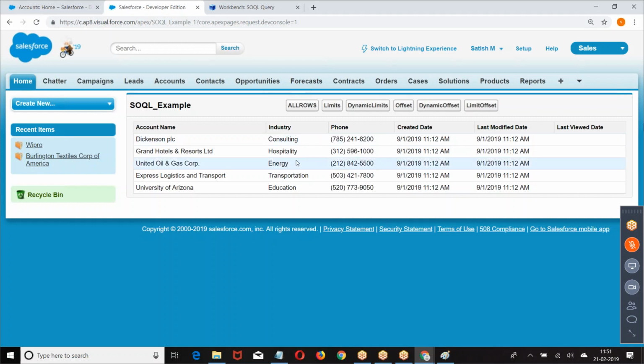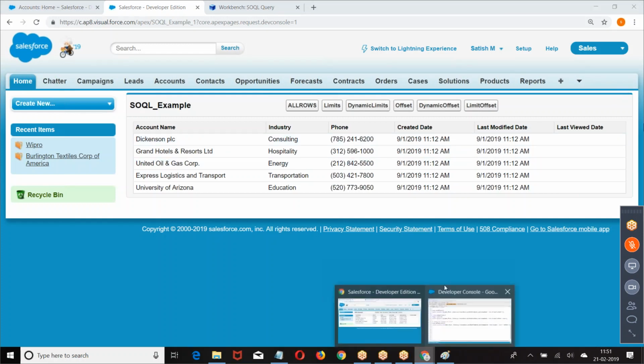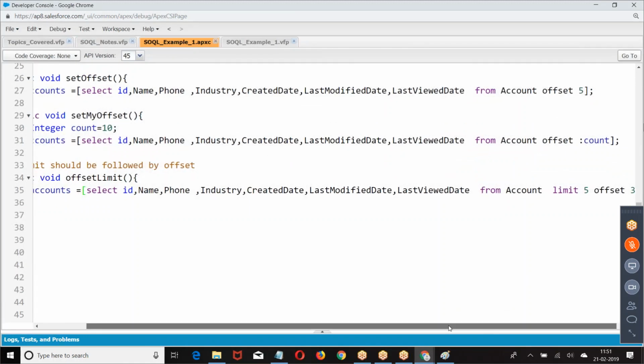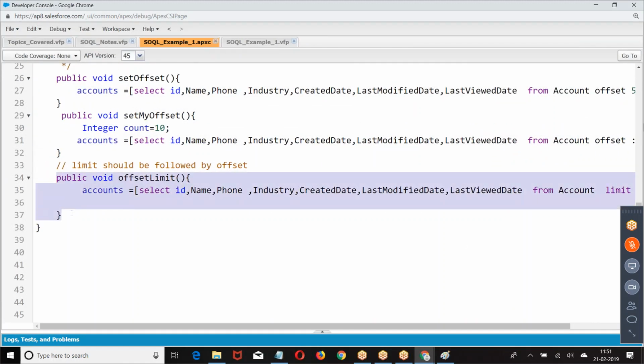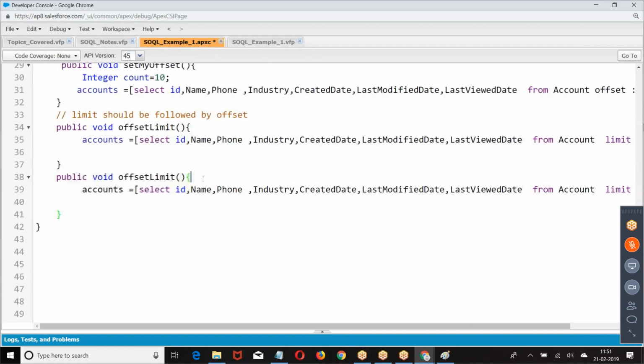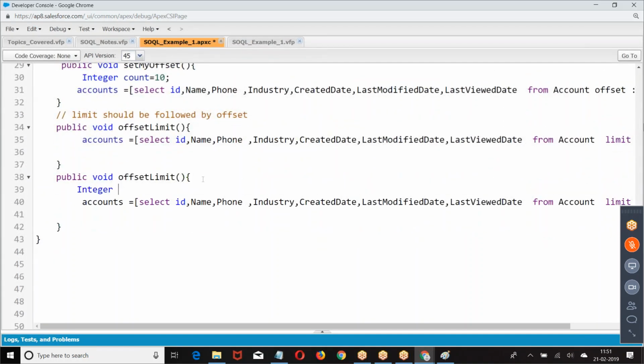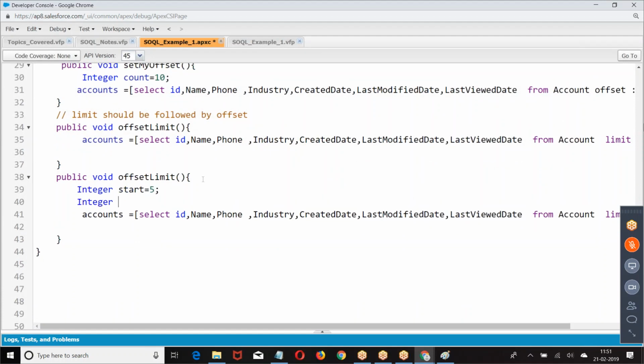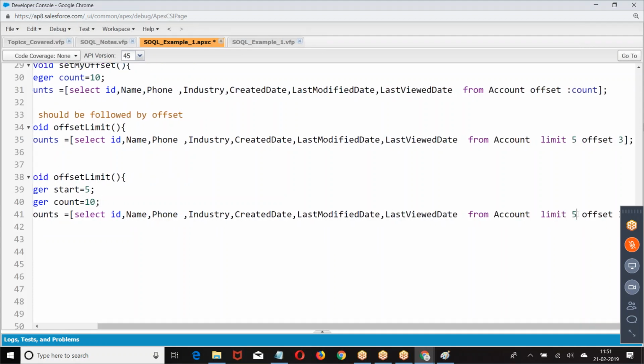Limit followed by offset. You can make both of them dynamic, in the sense that I want to take some index values. I'm giving count.